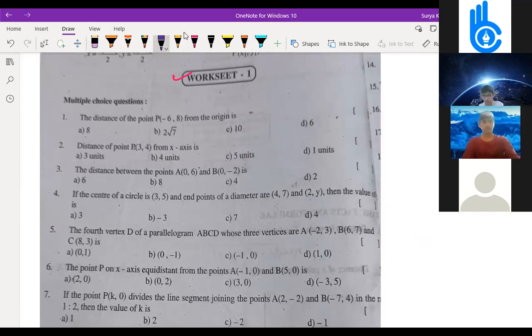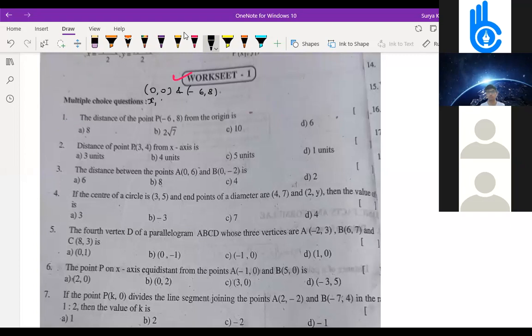So here, the distance between the point -6, 8 and the origin, so we should find from 0, 0. I'll just write from this side, that's better. So here 0, 0, and we take -6, 8. So this is x1, y1. All of you find, children, what answer are you getting? 10. Yes, correct. Everyone got the answer 10? Yes, sir. So root over (-6) whole square plus 8 square, that is root over 100, so the answer is 10.